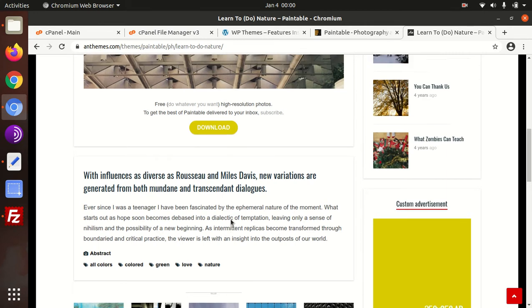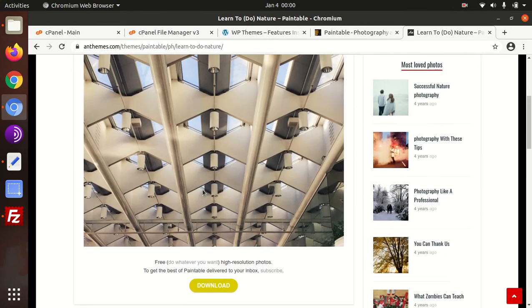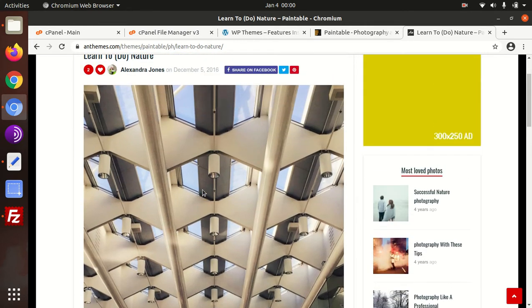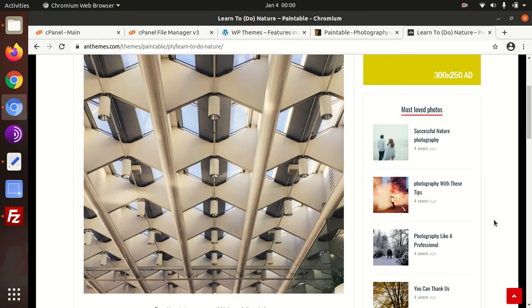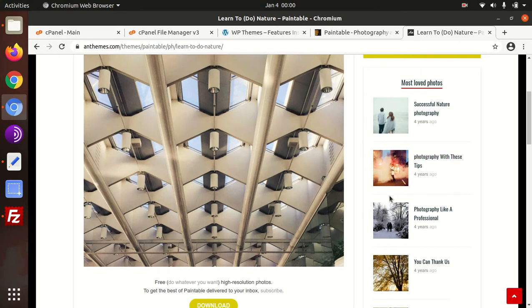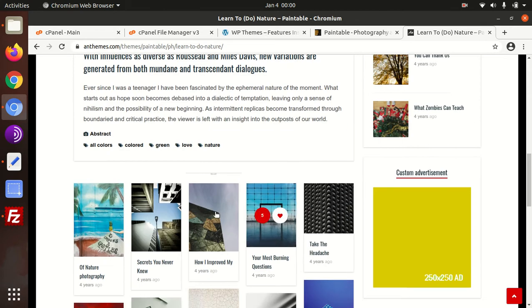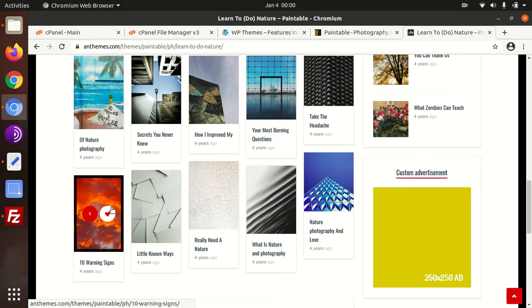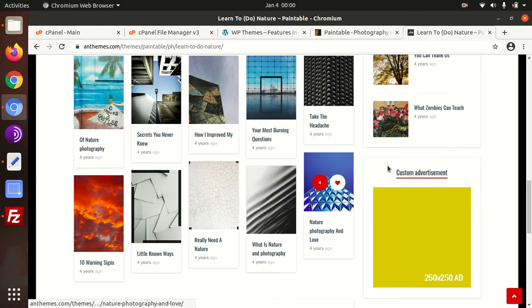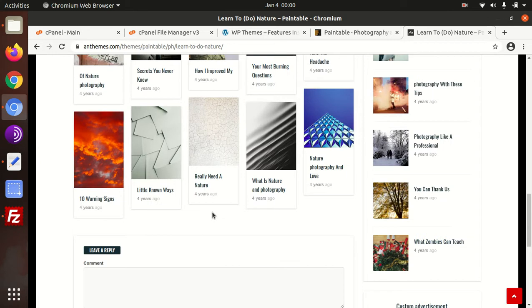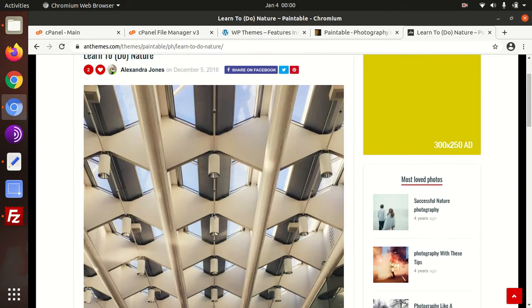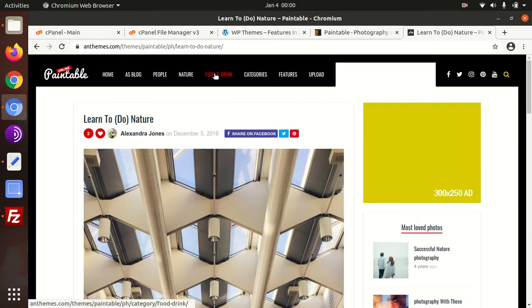So if you have decided to make a website offering photograph downloads, this is going to be a good catch for you. And if you are also a photographer or making some website for your client for similar needs, you can offer this theme without any doubt, and it has been well tested at my end, so you need not worry about the quality of the theme. It is fine to use it.